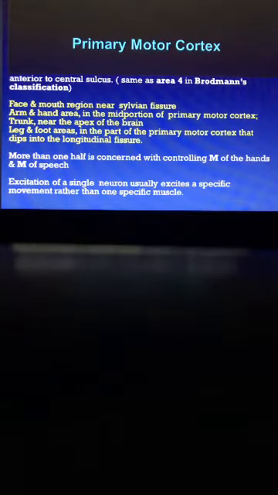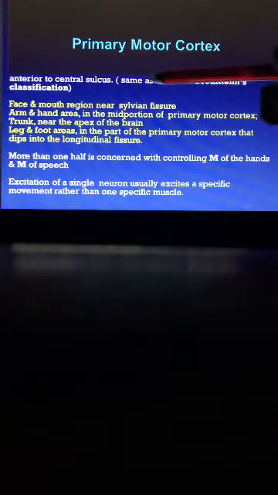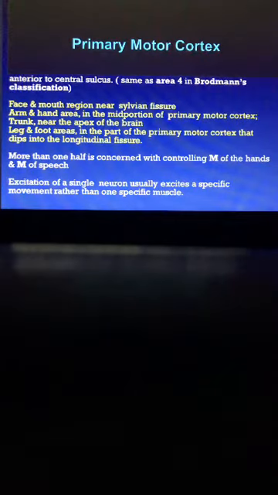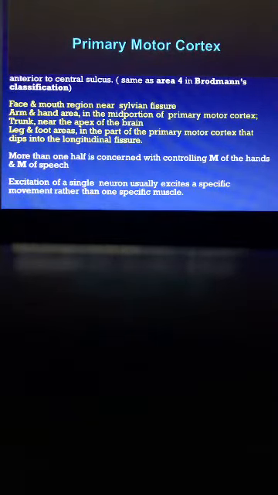It is located anterior to the central sulcus and number 4 in Brodmann's classification. The face and the mouth regions near sylvian fissure. هذه معناها مواقع تمثيل أجزاء الجسم في primary motor cortex، أنه arm and hand in the mid portion of primary, trunk near the apex of the brain, leg and foot